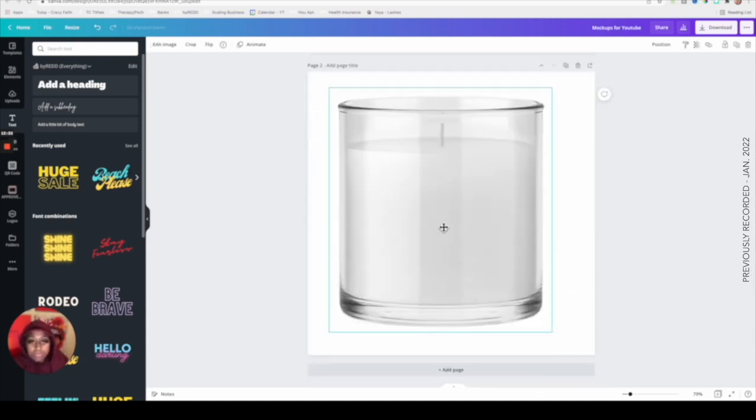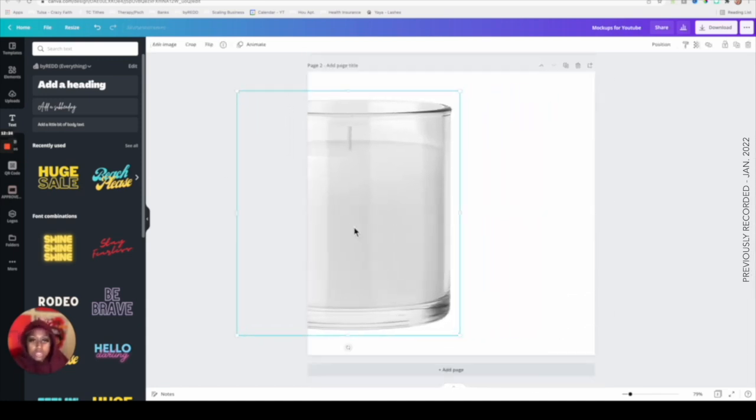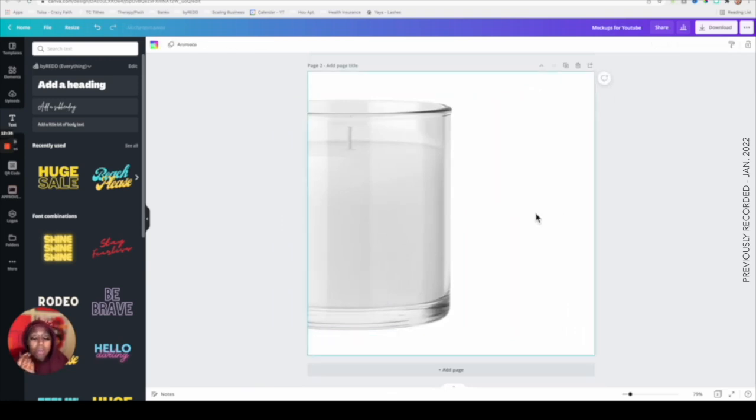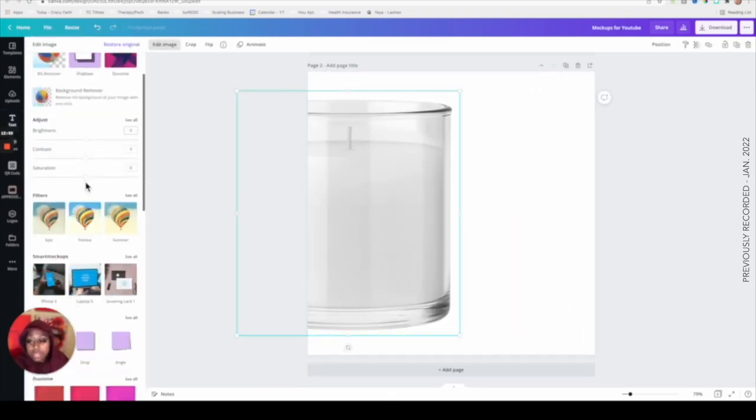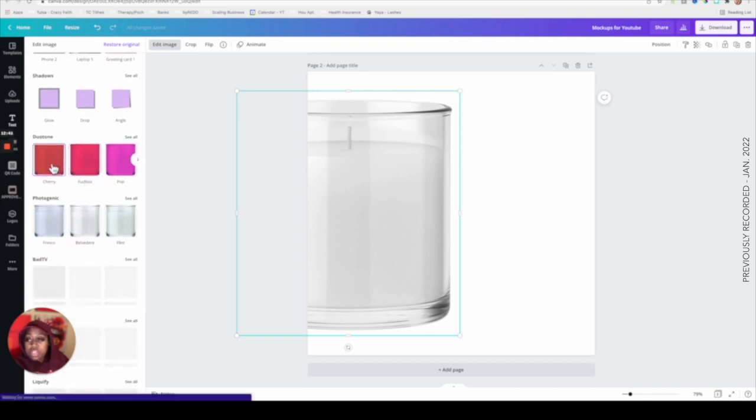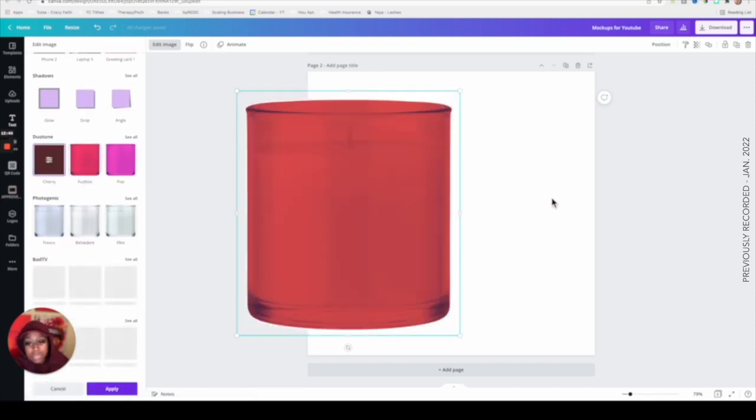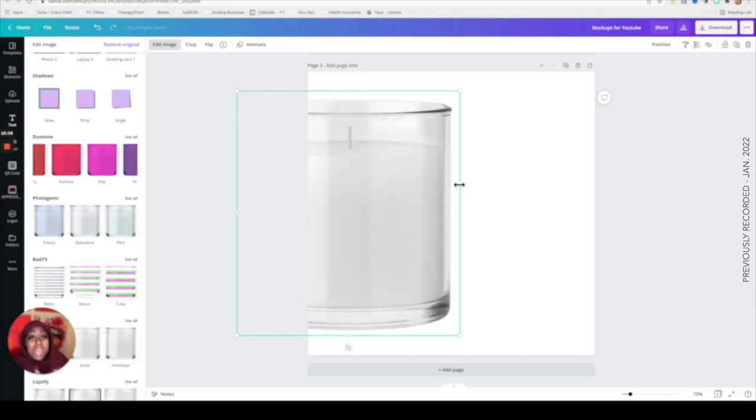Now this one, I like to scoot it over just a little bit, and I want to change the color. But if I change the color of this entire candle, it's going to change the color of the entire image. Now, as you can see, the glass and everything has now changed to this cherry color, and that's not exactly what I want. So we're going to go ahead and cancel this edit, and I need to actually crop my